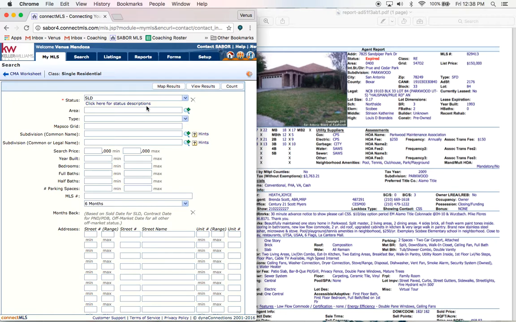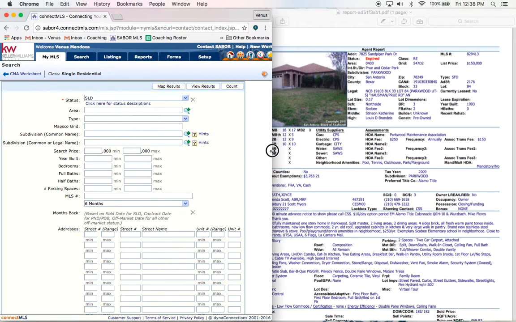I definitely think that looking at active data is helpful when you want to know what your competition is going to be when listing a home. Yet sold data, I think, is the most accurate depiction of where this property is going to sell. So I'm going to click on sold data there,